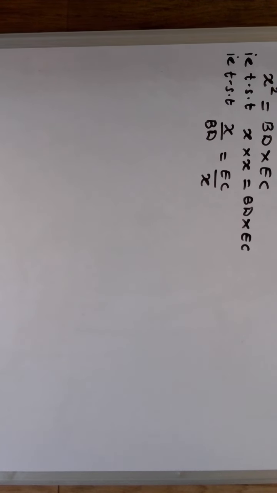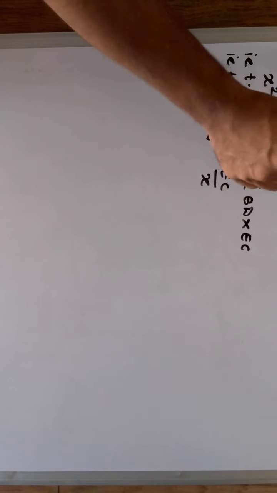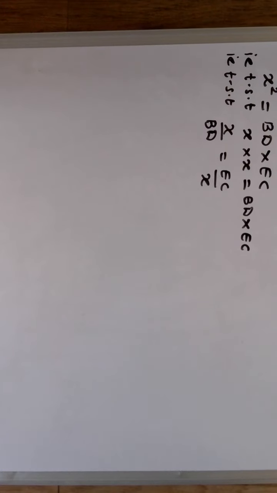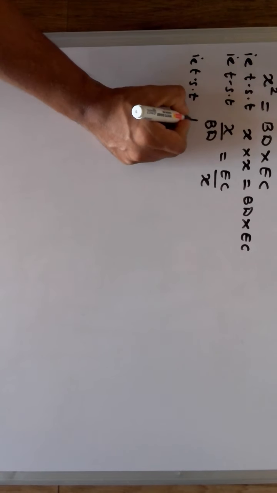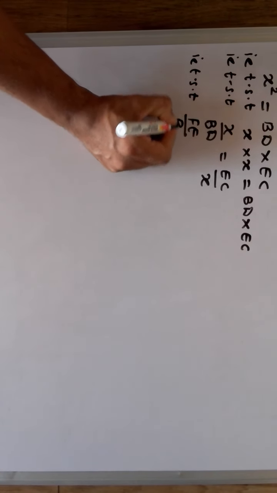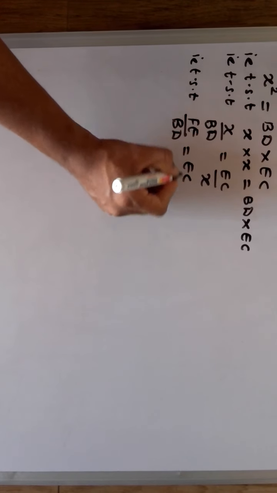So what I will do is, first I will see where EC is. That EC must be proportional to one of the sides which is x. That means it can be GF, FE, DE or GD. So I will take a side in which EC forms a triangle with that side. So EC forms a triangle only with FE. That means I can also show that FE is to BD as EC is to